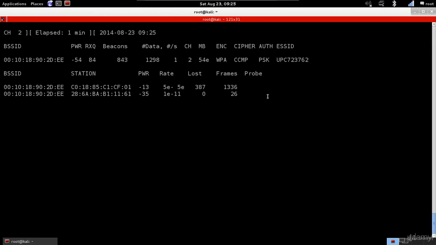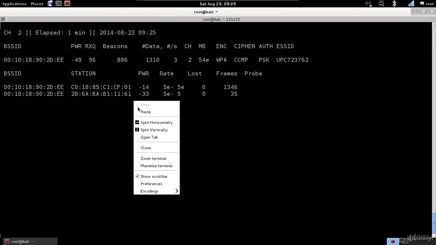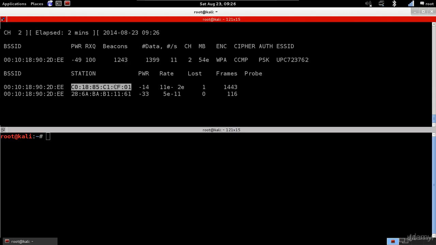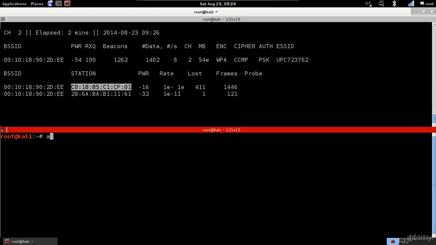Let's go back here, and I'm going to split the screen here. So we're going to run aireplay-ng now to disassociate one of the devices from the network. We can run it to disassociate all devices, but I found when I do that, it doesn't really disassociate all of them because we have too many targets to disassociate. So I'm going to choose one target, which is going to be this device, the device that we just saw. So it's going to be aireplay-ng,